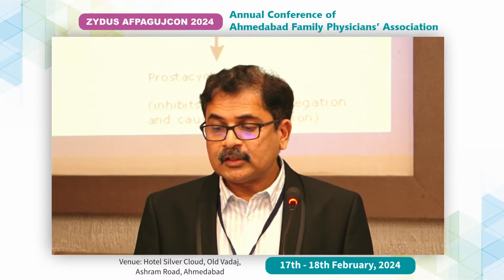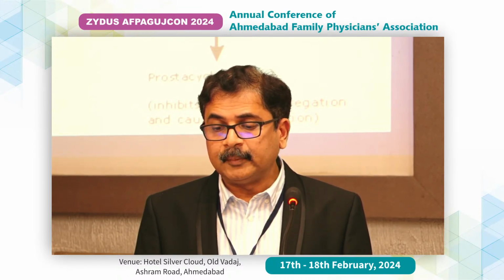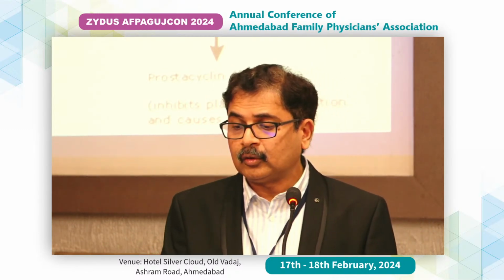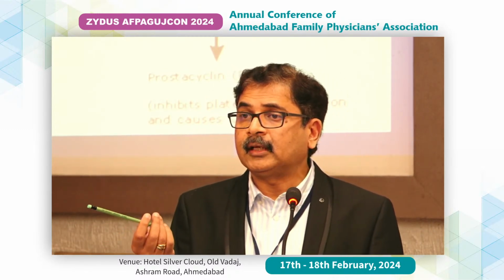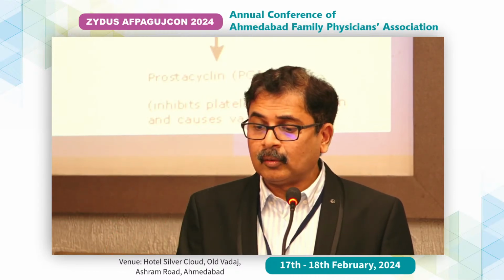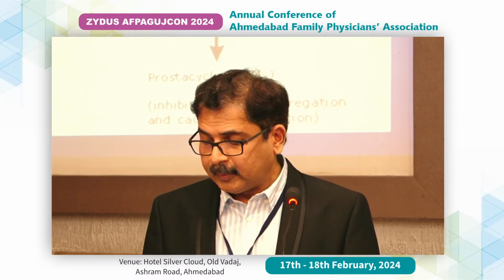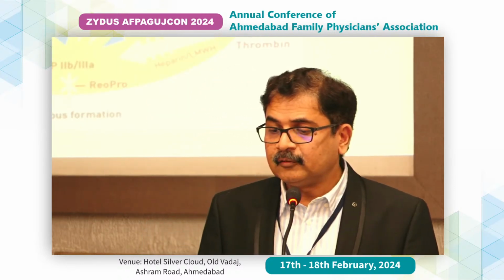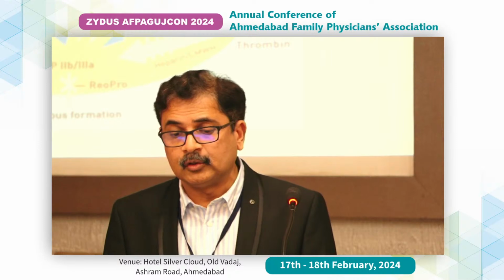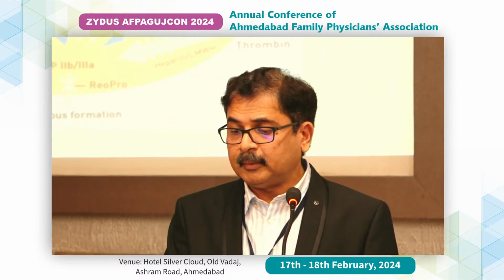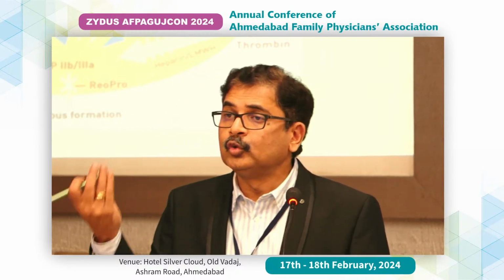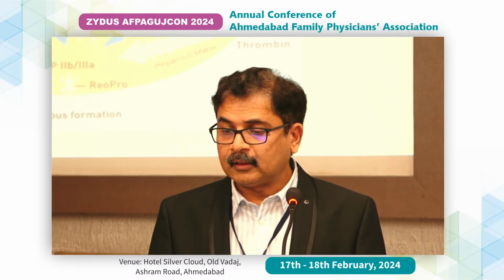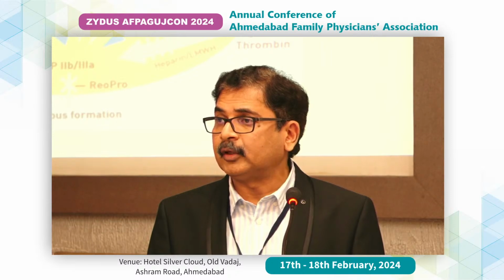Now just one slide to show you the platelet inhibitors, how they work. You've got selective inhibitors, which are COX-2 inhibitors, which act only on COX-2 and do not affect platelet aggregation, whereas drugs like aspirin work primarily on COX-1 and thereby inhibit thromboxane production and thereby platelet aggregation. Now these are the various pathways of platelet activation. You can see there are various ways in which platelets can be activated, and drugs have been used to inhibit these pathways to reduce platelet aggregability in somebody who has a heart attack or a stroke.